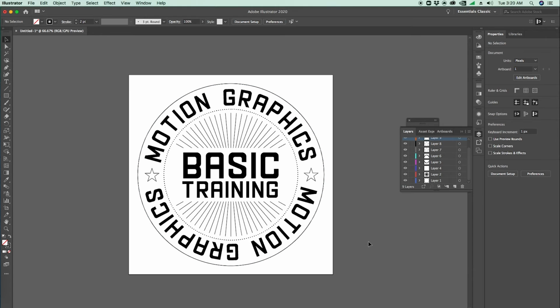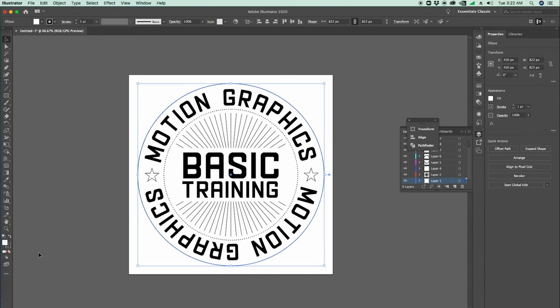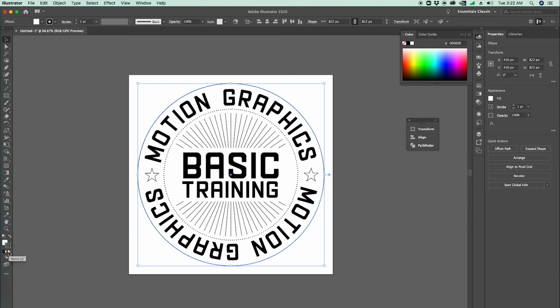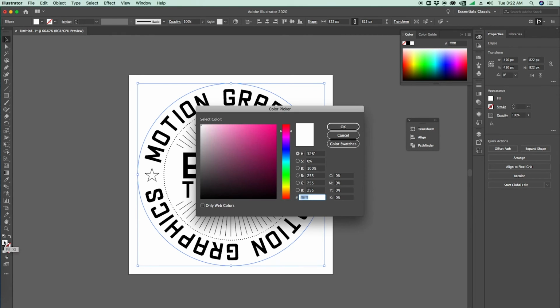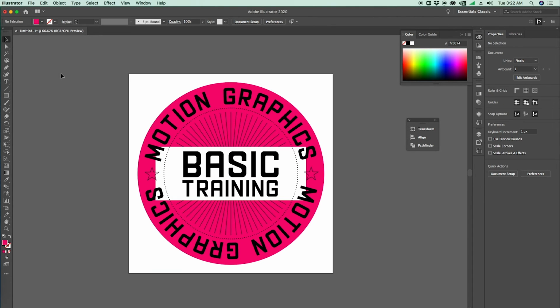Okay, I think that seems good to me. So now the only thing left is to color everything. So we'll go to our selection tool and select our outermost circle. And we don't want any stroke on this anymore, and we'll double click on the fill and change the value to F20574 and press enter. So now we have this bright pink circle, and we'll go to our direct selection tool